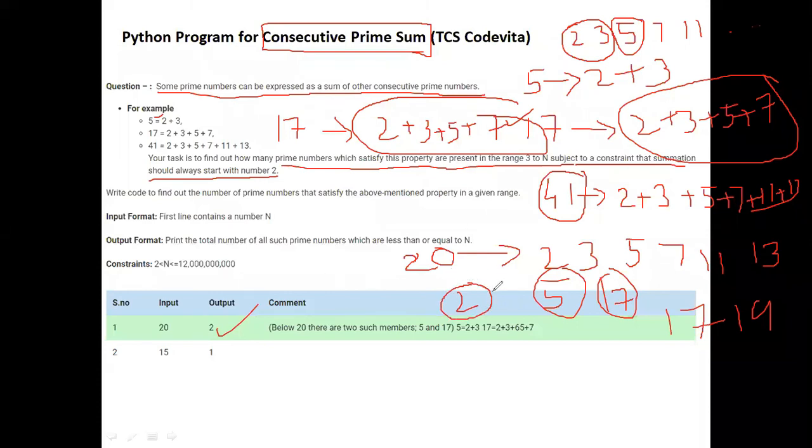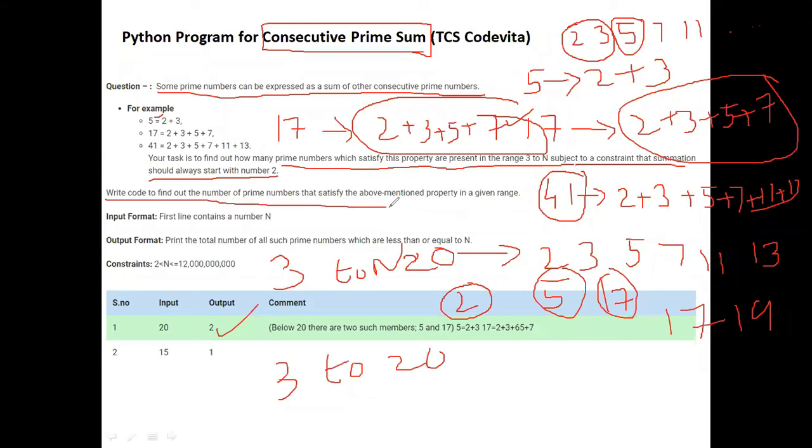We take the loop from 3 to n. If I give 20, the range is 3 to 20. Here we are going to write code to find the number of prime numbers that satisfy the above mentioned property in the given range.